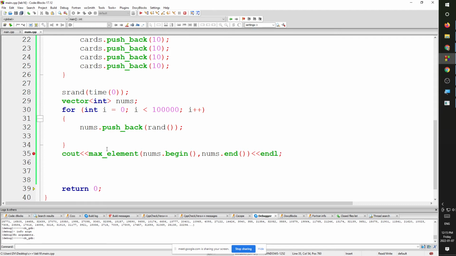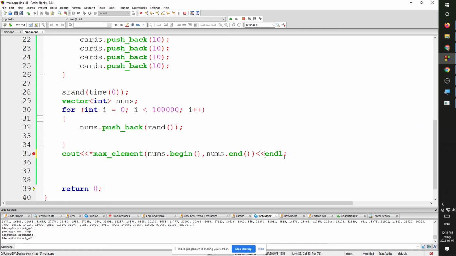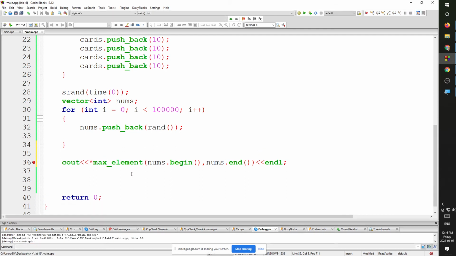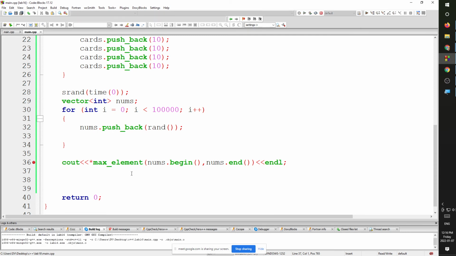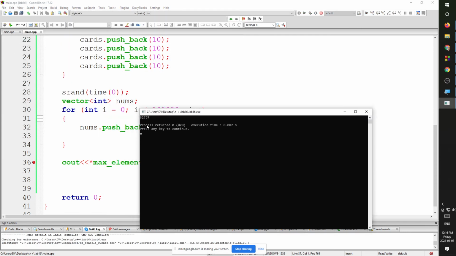There's one little small problem with this. I think this actually returns the iterator to the element. So if you want it to print out, it returns the position of the element. If you want to print out what the actual number is, you have to put a star there. It's one of those awkward circumstances in C++ where you have to actually put a star there. Okay, so run that, and it will tell us the biggest one was 32767,